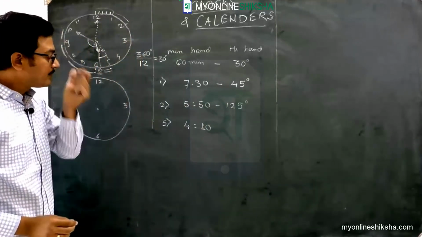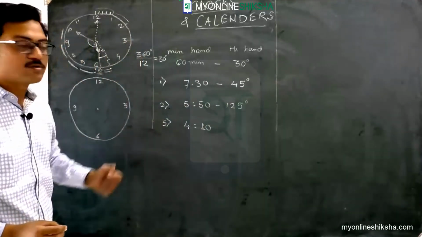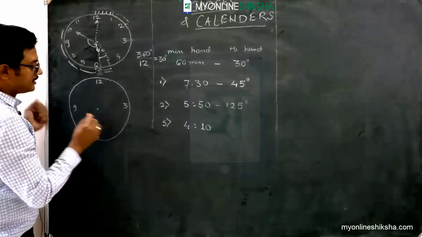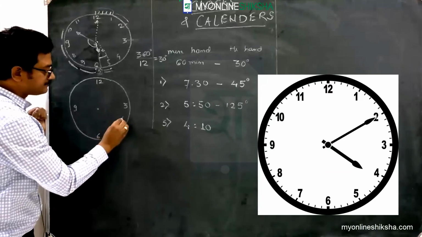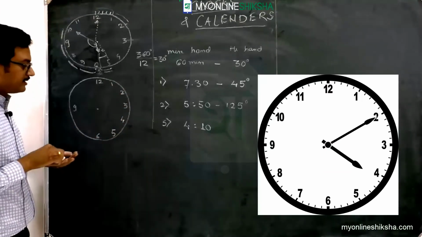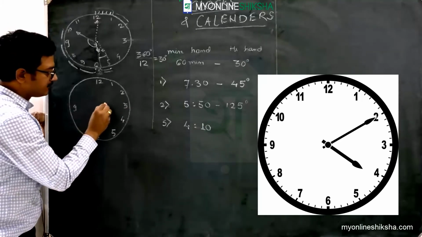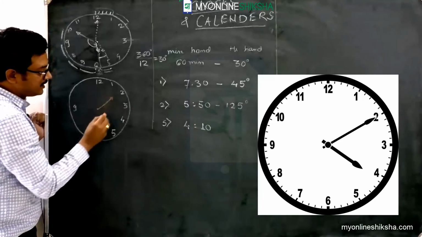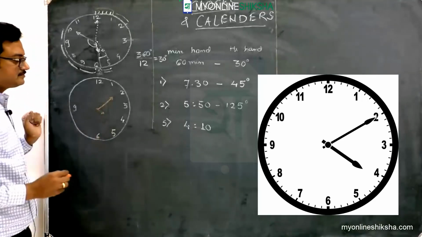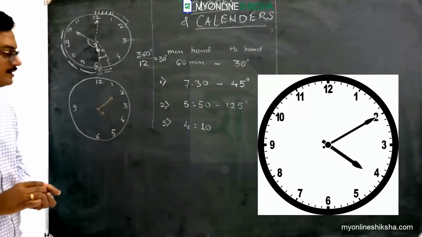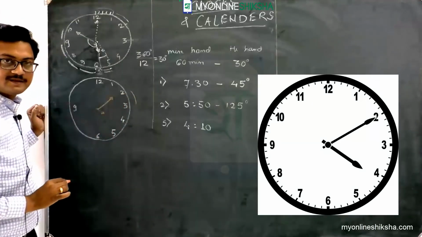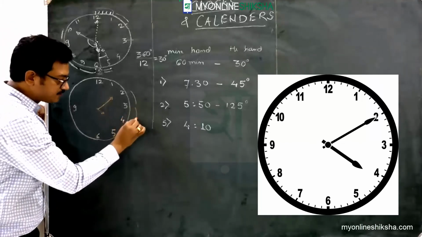Now again, if I am asked what is the angle between the hands of the clock at 4:10, let us see this with a different diagram once again. So I am first drawing it in the form of 4:10. 4:10 will be represented something like this. Minute hand will be at 2, hour hand will be slightly ahead of 4 but not at 4. Now we need to find out this angle. Now you know that this angle is for sure 30 degrees. This angle is for sure 30 degrees.